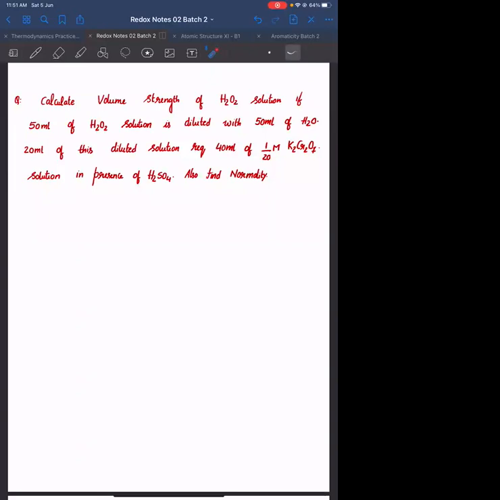The normality of H2O2 is given as 1.2. हाँ सर 1.2 आता है. मैंने वो Z factor H2O2 का 3 ले लिया. Z factor of H2O2, you should not forget this. For any of the reactions, Z factor of H2O2 is only 2. It will never change. इतना यही है. Z factor of H2O2 is 2. बहुत आसान है. If you are given a question with H2O2, एक प्रॉब्लम तो वहीं पे सॉल्व हो गया. Z factor of H2O2 is 2.